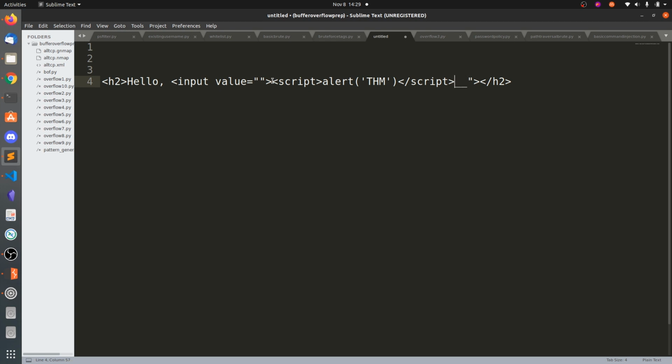Now you can see there is one right quotation remaining. I think what you can do is say H2, another quotation. So I think it might work. I don't know, let's try this. So from here onwards, from this quotation.